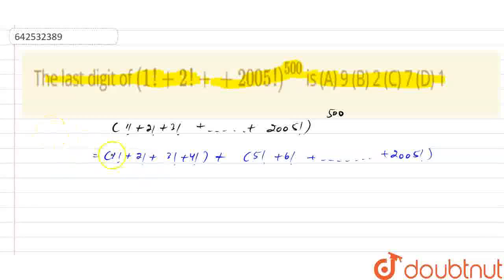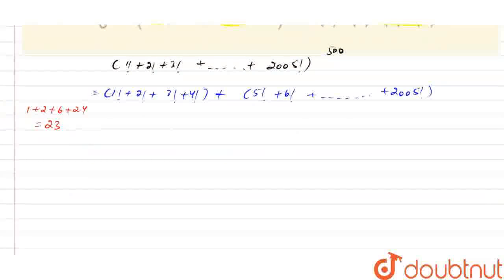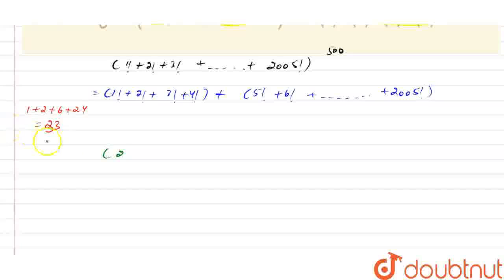Now we know the factorials of 1, 2, 3, 4. If we add the factorial of all of them, we have 1 plus 2 plus 6 plus 24, which will finally equal 33. After the sum of this we get 33. So after solving the factorials of 1, 2, 3 and 4 we have 33,